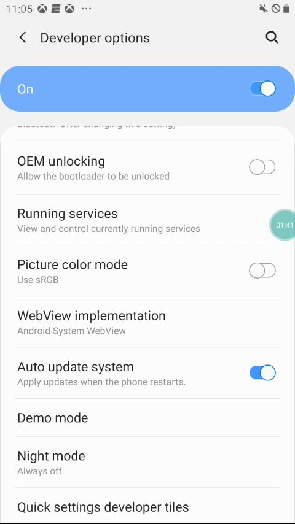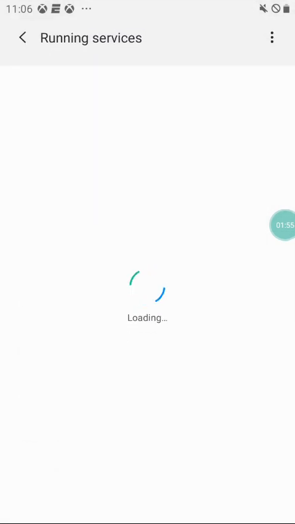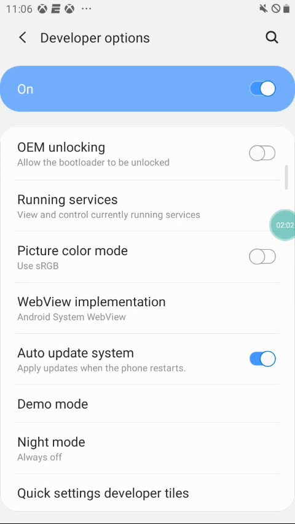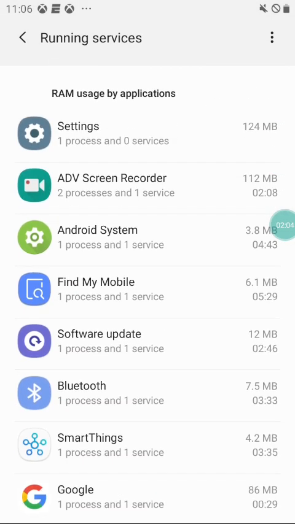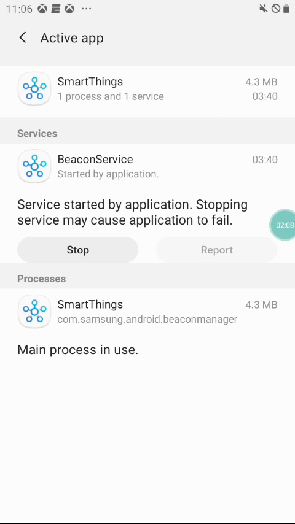OEM unlocking is a bootloader. That's when you load up your phone, when it boots up, it loads different stuff. You can set it up to load, I guess, certain stuff. I'm not sure. Running services, so you can click on that, and you can see everything I guess that's running on your phone. Let me see this one. What smart things? Yeah, beacon service. Okay,